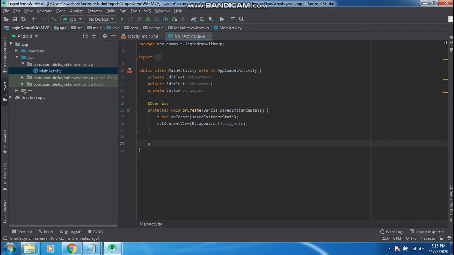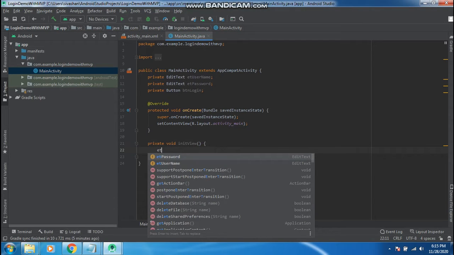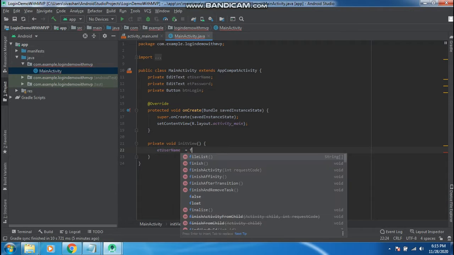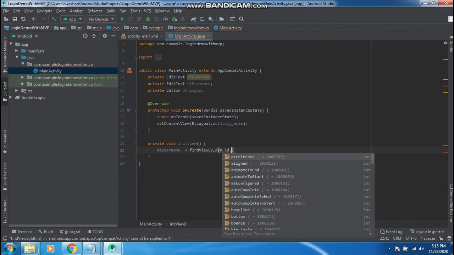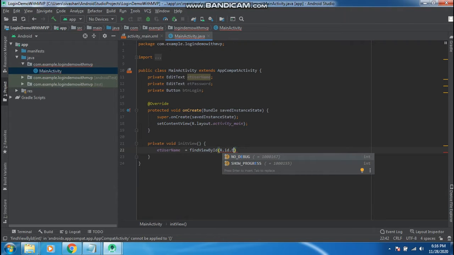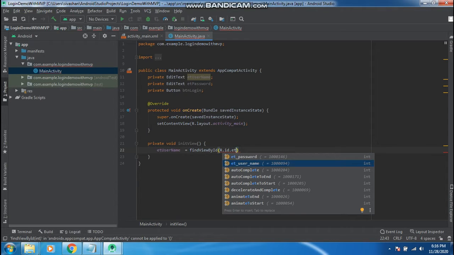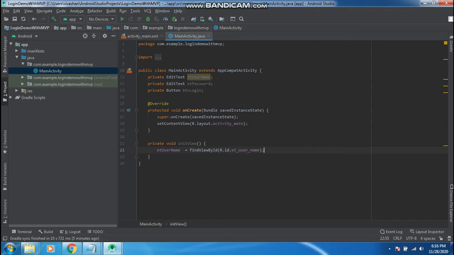Now I create a mini function to initialize the values. For a shortcut, press Ctrl and D to replicate the same code to the next line, which helps improve your coding speed.